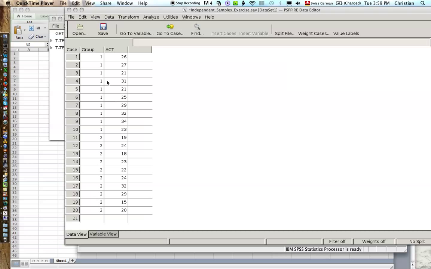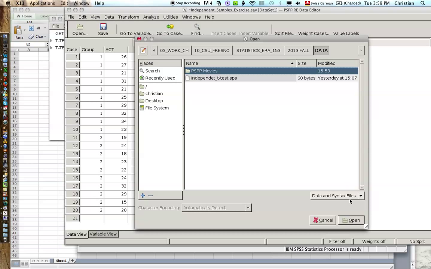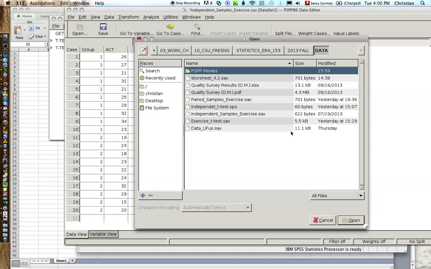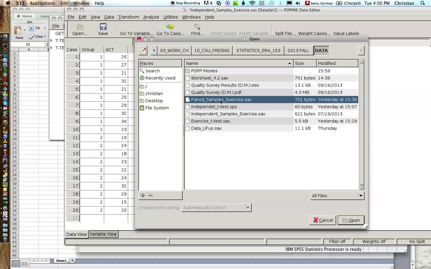This is an example for the paired samples t-test. So first of all, we're going to open up the data file. So open, again, no data files. I have to click all files. Now I get all the files, and I'm going to take the paired samples exercise data file, double click, and